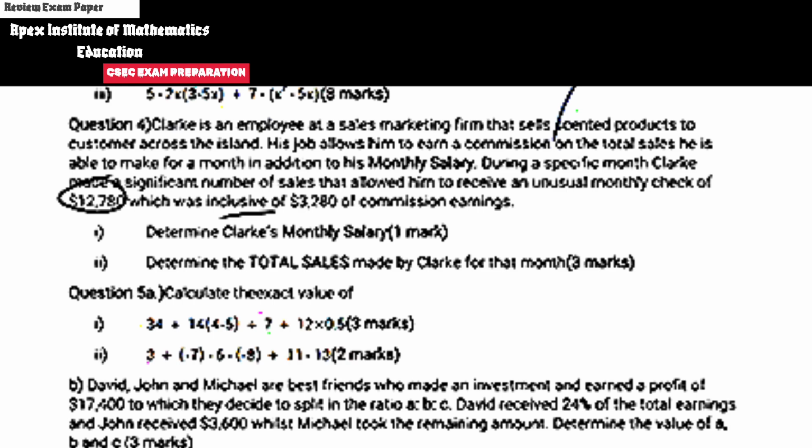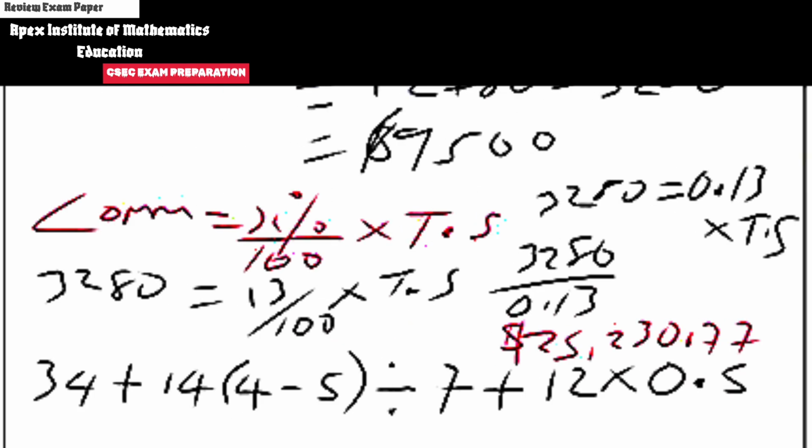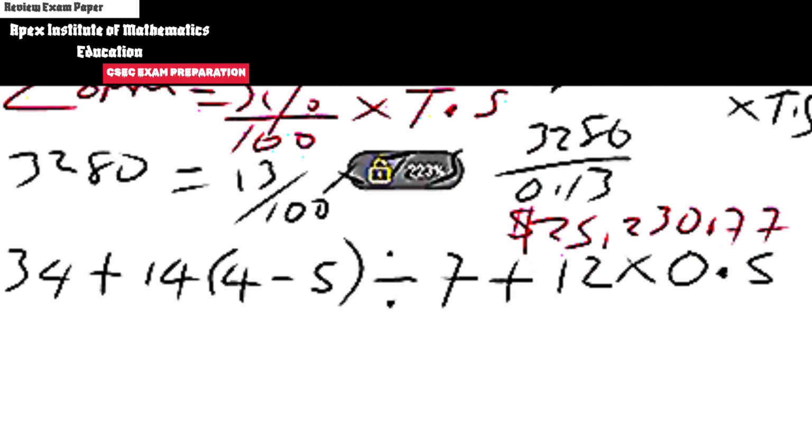All right, let's dive into this here. Let's go to our long screen here. There we have it on screen. 34 plus 14, open bracket, 4 take away 5 divided by 7 plus 12 multiplied by 5 multiplied by 0.5 here. All right, now what I tell my students to do is that when you get questions like these, just to the side, and it won't hurt your working out, just go ahead and jot down PEM